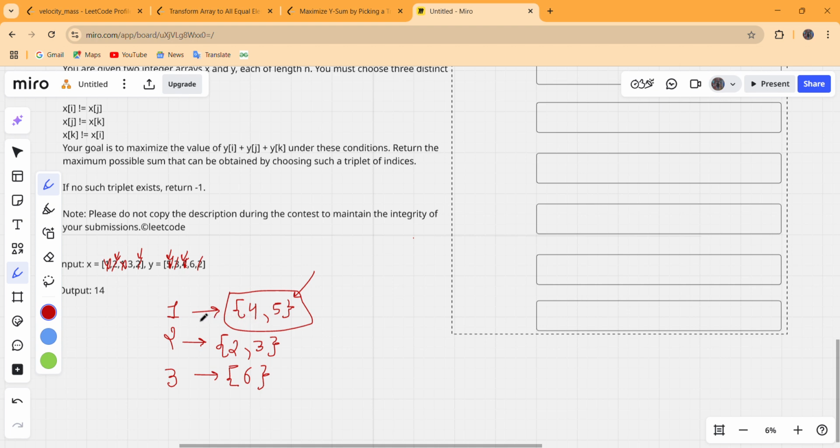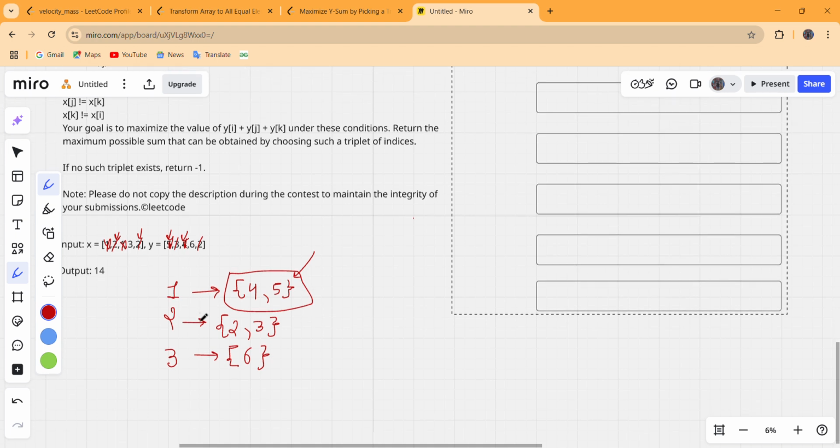So the basic intuition to solve this is actually finding three distinct values in x. If we do not find any three distinct elements in x, we have to return -1.